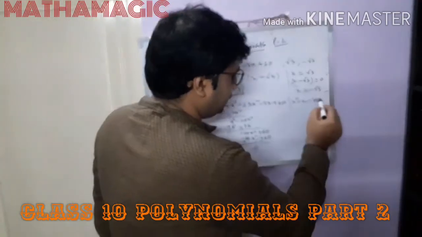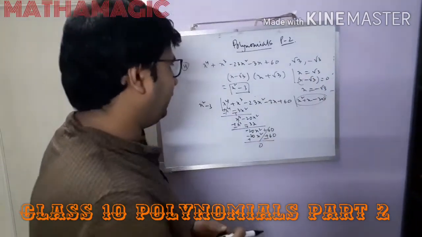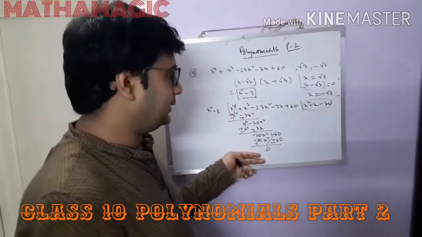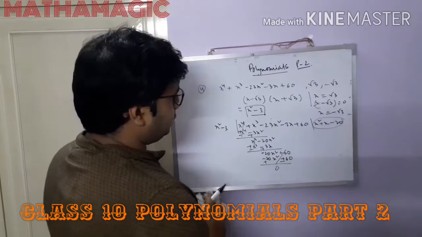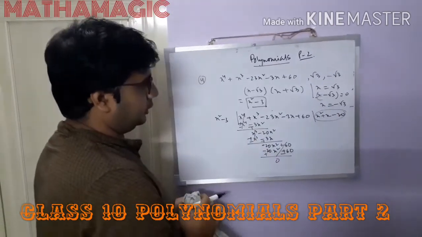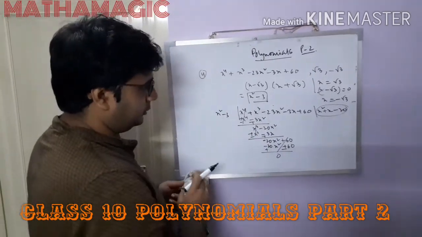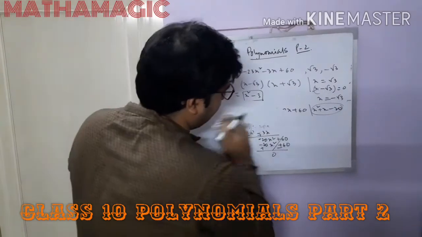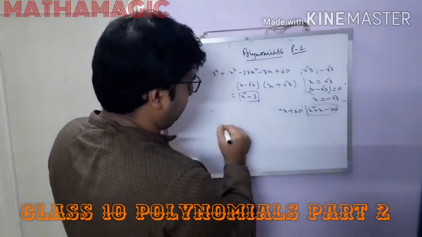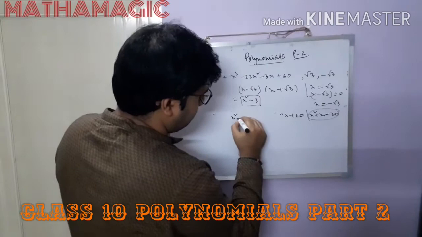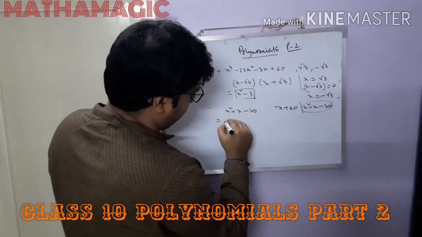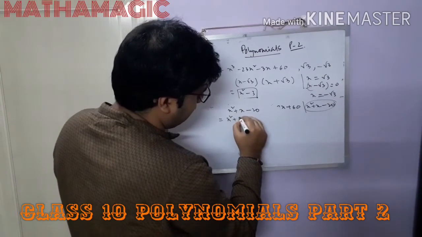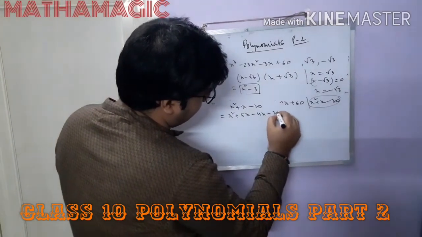So what is the quotient here? Whenever we divide this, we get the remainder as 0 and we get some quotient. Now, after getting this quotient, I'll just remove this one. Please note the division so that we can remove this part. So after getting this quotient, what will be the next step? Whenever we have got this one, x square plus x minus 20, we'll factorize this by using the middle term procedure. So 5x minus 4x minus 20.